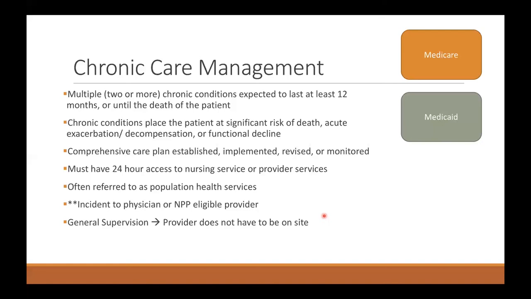And this here is basically to capture all of the work that a clinic puts in to manage a patient with a chronic disease that will persist for life, or at least 12 months, and may have significant impact as far as the risk of death or exacerbation to the patient. So what that really looks like is someone with end-stage heart failure or COPD who is frequently going back to